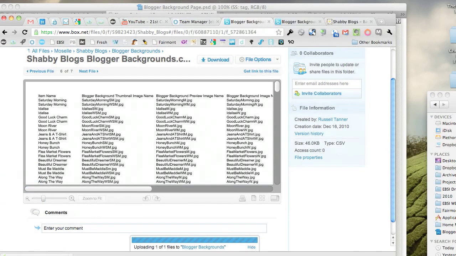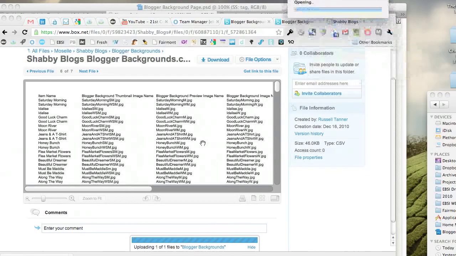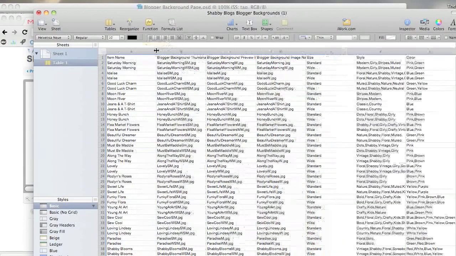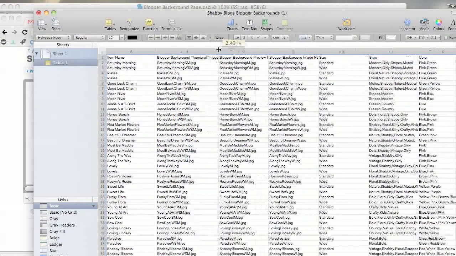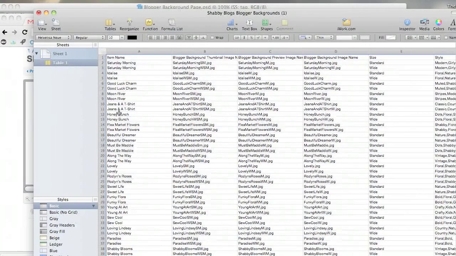Let me open this up. Okay, so you can see here this is a nicely formatted spreadsheet that shows all of the blog images